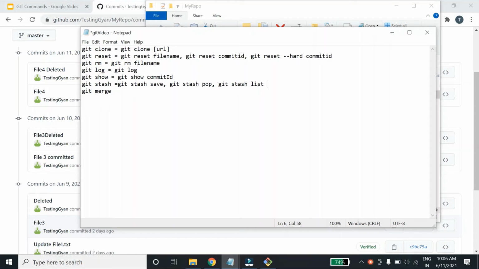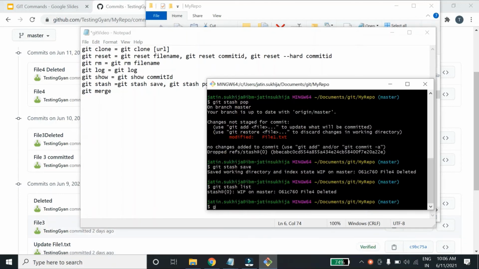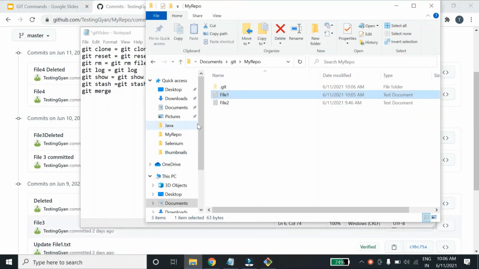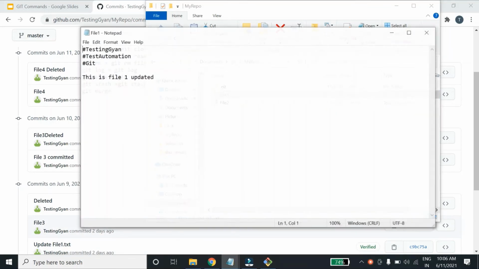Fourth one is git stash drop. This command discards the most recent stash change set. So if I do git stash drop, it has dropped the stash. If you see over here, there is nothing.